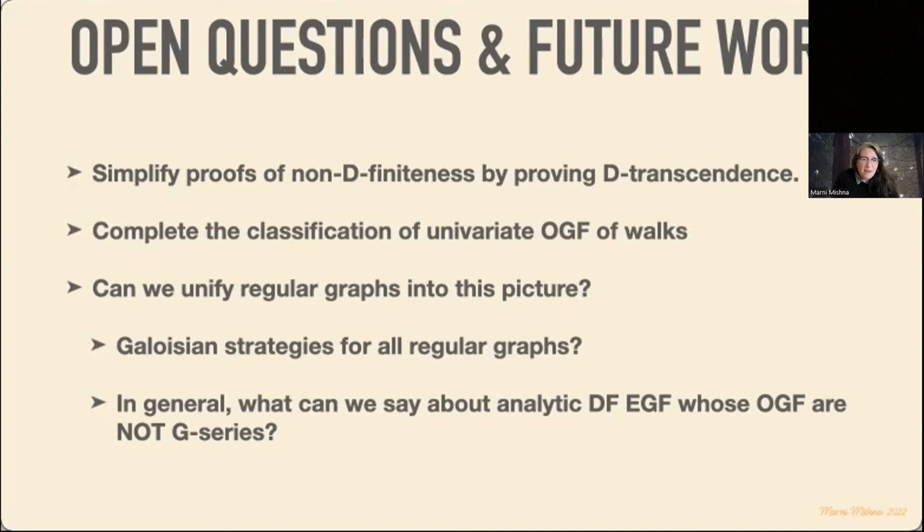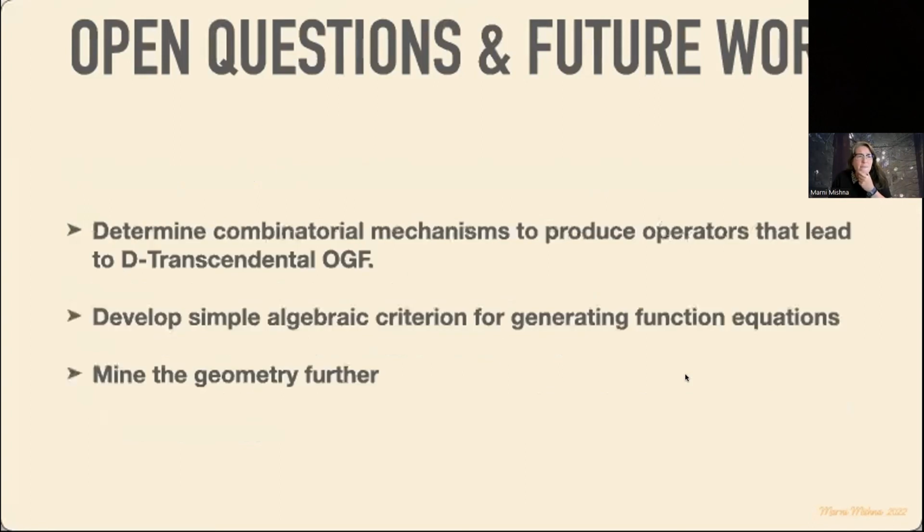they don't really fit into this picture so well. So how to unify the idea of the regular graph enumerations, that's another open problem. But mostly I want to find combinatorial mechanisms to demonstrate that differential transcendence. I think that this should be doable. Okay. And then just mining that geometry further. There's elliptic functions, it turns out, have been studied quite closely for many years. So we really should be using all that math that is behind there as much as possible in our study of generating functions if they do happen to appear.